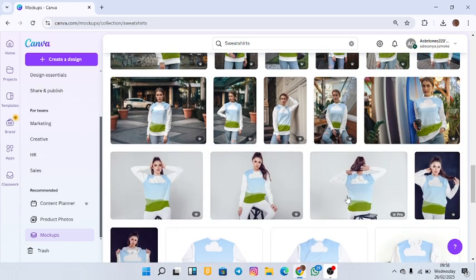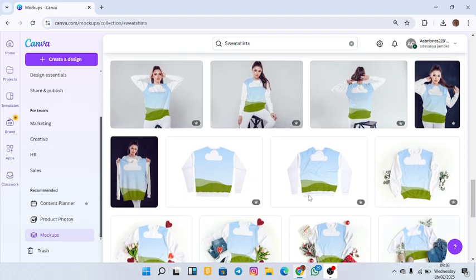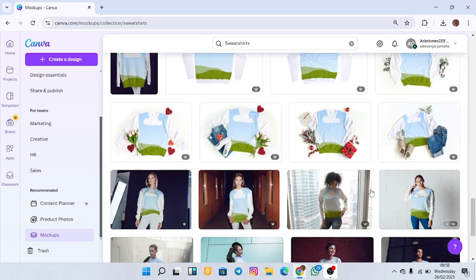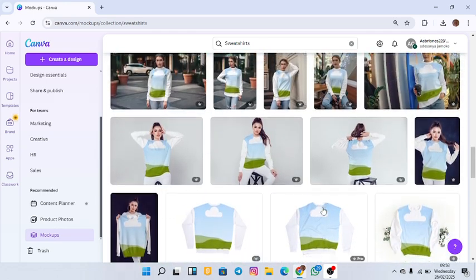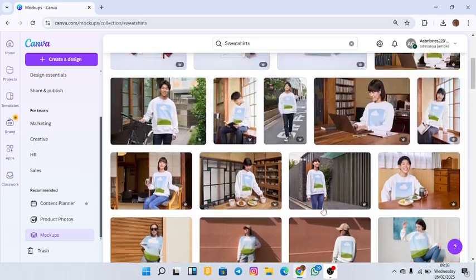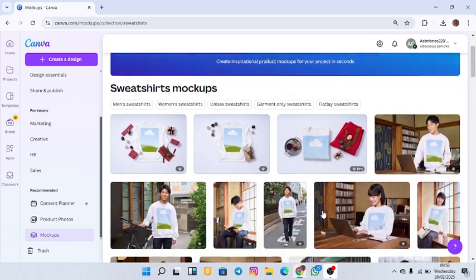This is probably when you want to work with a model and you want people to see how the clothes will look on them. But now we just want to put out the clothes for people to see the brand. So I'm just going to pick any faceless clothes just to mock it up. Yeah, so let's go for one. Let me pick